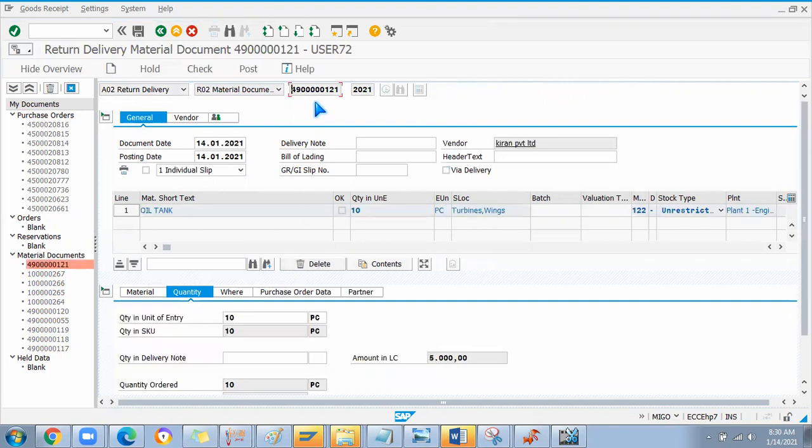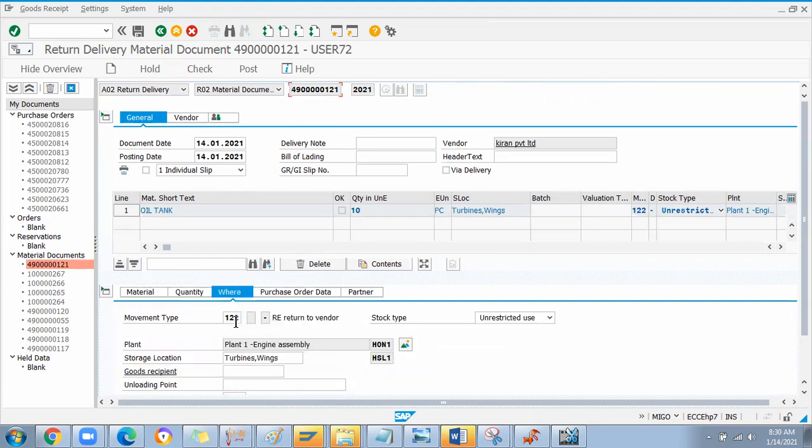See, this is a PO we received through 101. For 101 there is a customization in the backend where we can return the goods. In the where option you can see 122. I will research the backend customization because I am not prepared on that part. For 501 stock receipt, a reversal is also linked. If you want to return goods to the vendor, 101 goes with 122. If you want to cancel the goods you received, 101 is 102, like that 501 502. But returning goods to the vendor is with movement 122, which is a minus reversal.